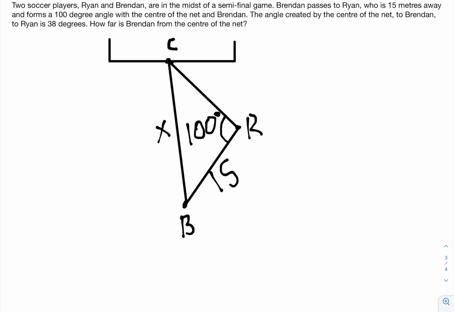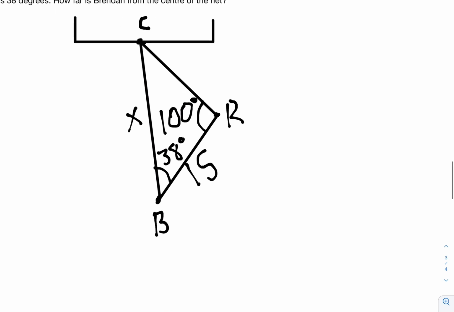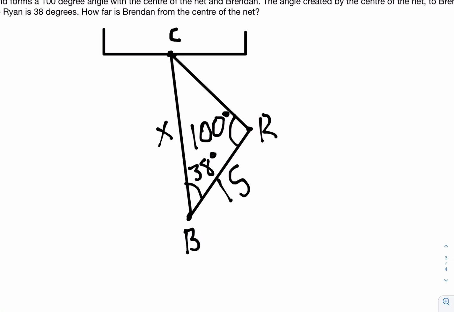Okay. And it says here, the angle created by the center of the net, so C, to Brendan, so from here to here, to Ryan, so from here to here, is 38 degrees. So that means this angle in between here is 38 degrees. So the angle that those three vertices subtend is 38 degrees. How far is Brendan from the center of the net? Okay. So we're looking for x,